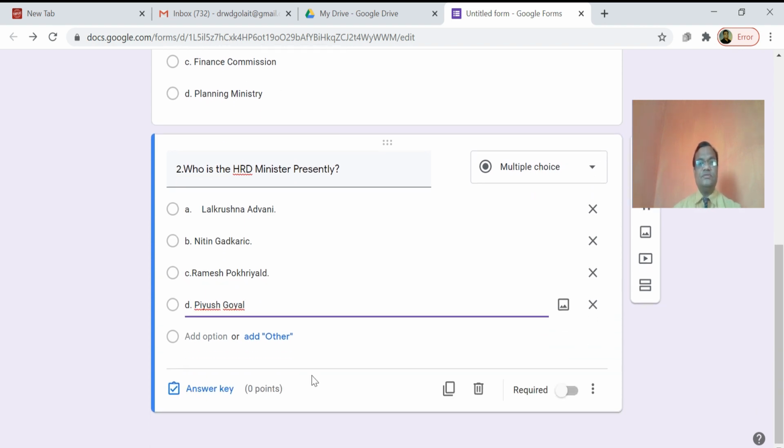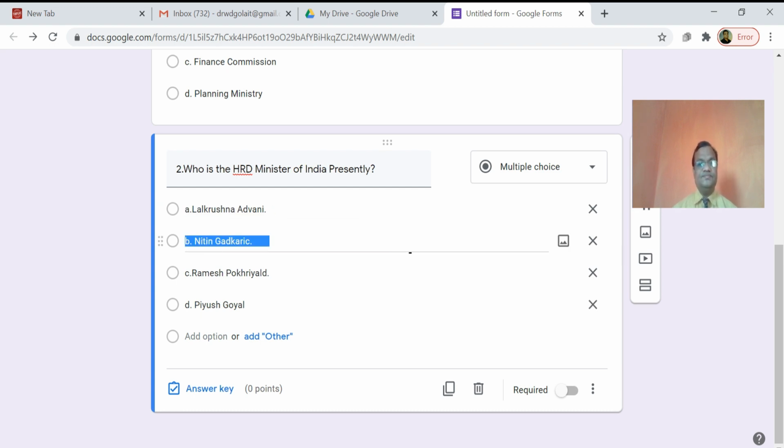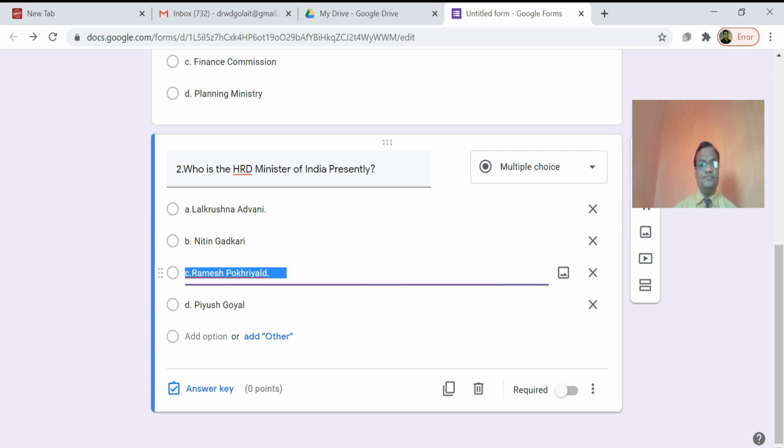Now I set all the answers. The question is, who is the HRD minister of India presently? We can increase it. Now the options are: Lal Krishna Advani, Nitin Gadkari, Ramesh Pokhriyal, Piyush Goyal.